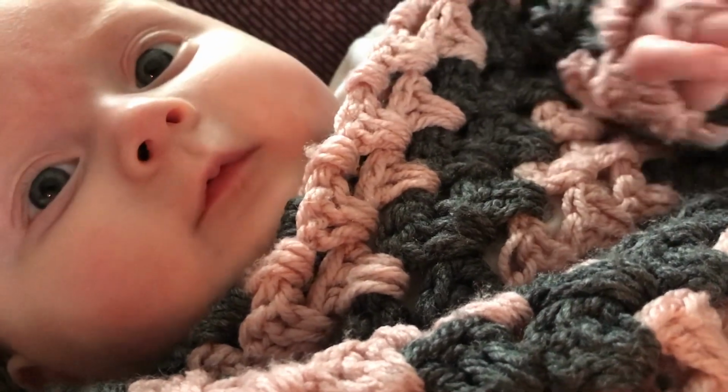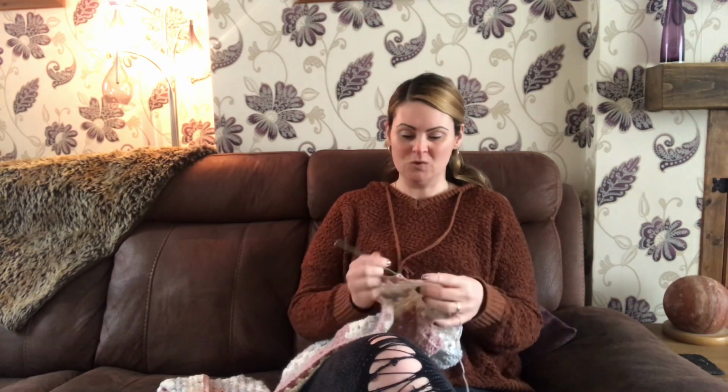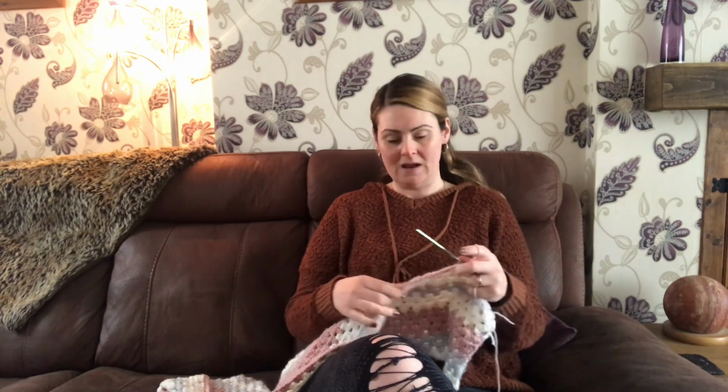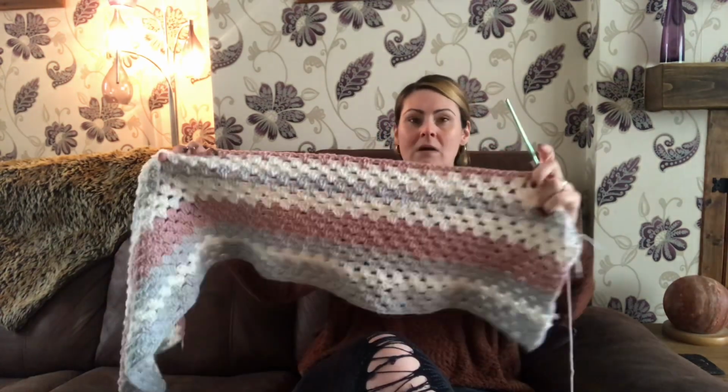Really? Clever girl. So I just thought I'd come on and end the vlog. I'm doing my crocheting. I really didn't like the mustard and then the light grey, so I changed it up. This one is light grey cream and then that dusty pink. I did actually